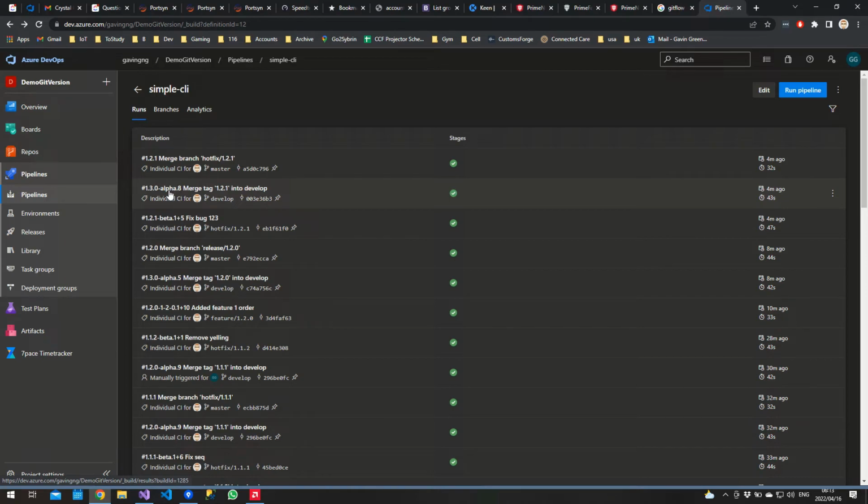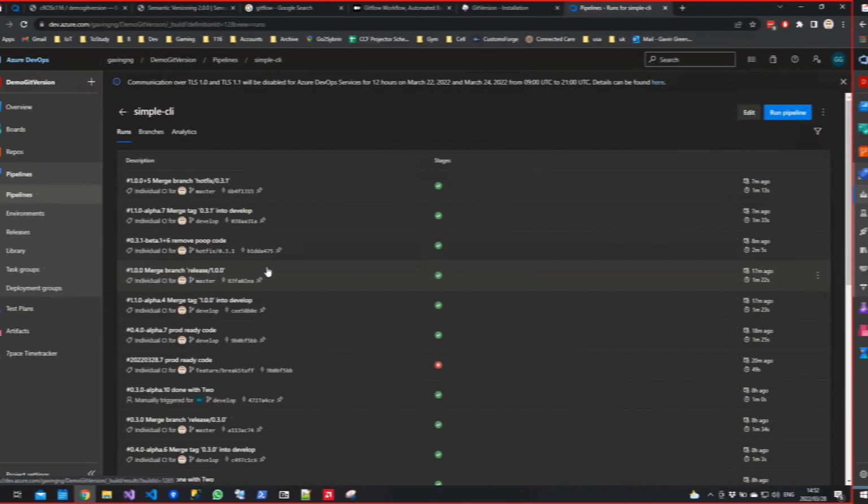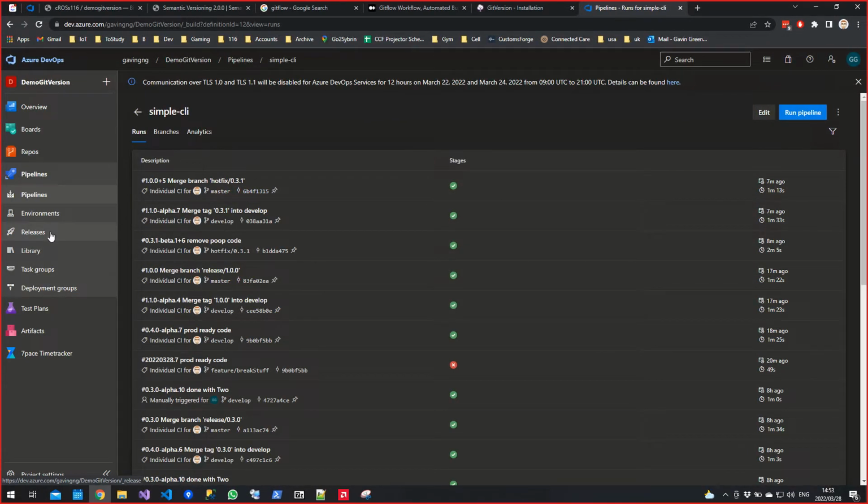And that is just to demonstrate to you guys how a hotfix works and how to get a hotfix out into your prod branch. Cool. So that is that. And then quickly, just to wrap all of this up, I showed you the auto version bumping. I showed you how this fits together, but where does it fit into